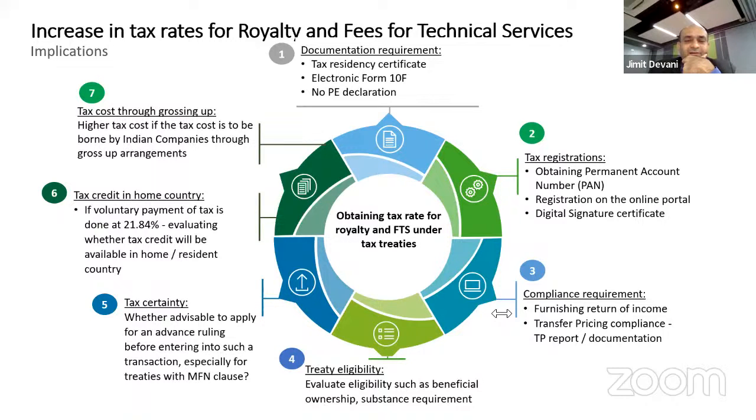Is only a declaration for ITR filing sufficient? What is the risk on the deductor of the foreign company? We have already discussed. A Japan company has no PE in India and has been providing technical services. Is it taxable? If yes, how much? If I recollect right, under the India-Japan treaty, the tax rate is 10%. If they have been providing technical services, and I am presuming it is taxable under domestic law, then under the India-Japan treaty also, they will have to pay taxes accordingly and file the tax returns in India.